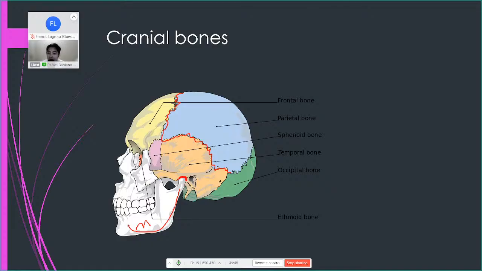While I'm talking right now, my jaw is moving up and down. I open and close it. You're eating when you drink water. So it is not a suture. It is a synovial joint, a moving joint. So that's just trivia. All of the joints here in your head or your skull are immovable or sutures, except for your mandible. This is called the TMJ. Later you will know why.